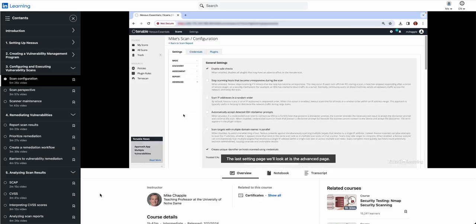The last setting page we'll look at is the Advanced page. This has a few important settings. First, notice the first box that's checked here. Enable Safe Checks. This setting tells Nessus to avoid performing scans that might disrupt a system. It's probably best to leave this box checked when you're working in a production environment. You may wish to uncheck it if you're scanning systems prior to their deployment in production to get the most